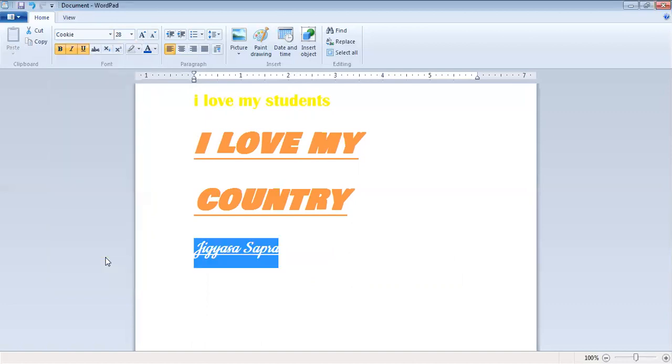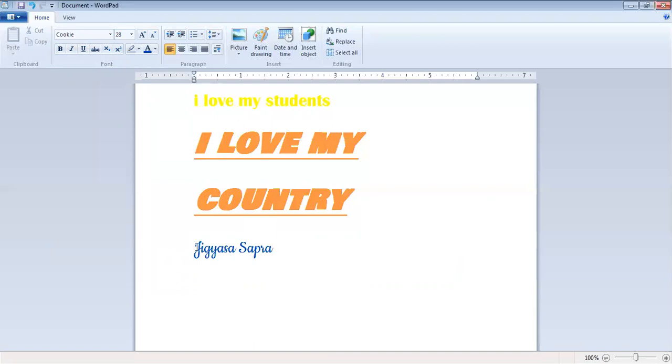I will click on this, and now I want my text not to be bold, not in italic form, and not underlined. For this, I will click on bold. My bold is removed. I will click on italic. Now my text is not in italicized form. I don't want underline. See, the underline is removed. Can you see that? My text is in the simple form. Neither is it bold, nor underlined, nor in italic form. Is it clear?